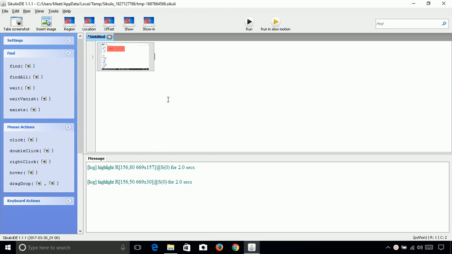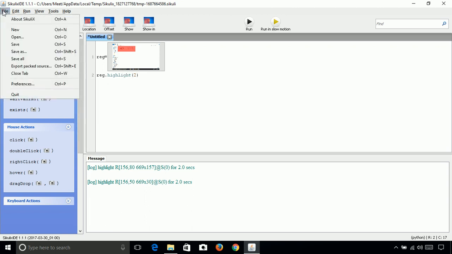Now let's store this region in one variable so that we can apply different methods on it. The selected region will be stored in this variable called reg, and now let's highlight it. We can use the method highlight, and we will highlight it for 2 seconds. So our selected region will be highlighted for 2 seconds.